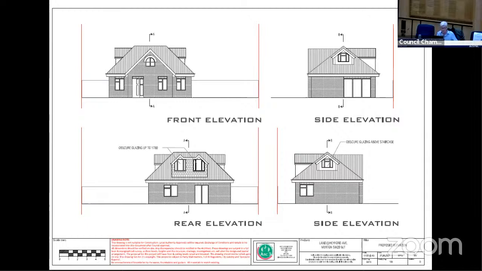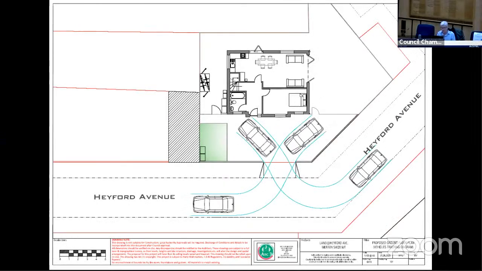You'll see there are a number of concerns regarding overlooking from the proposals. If you look at the annotation on the drawings, where I'm circling here and over here, that glazing is either proposed or would be obscured glazing up to 1.7 meters above internal finished floor level. The garden area, which is proposed, more than meets the council's standards for new dwellings.